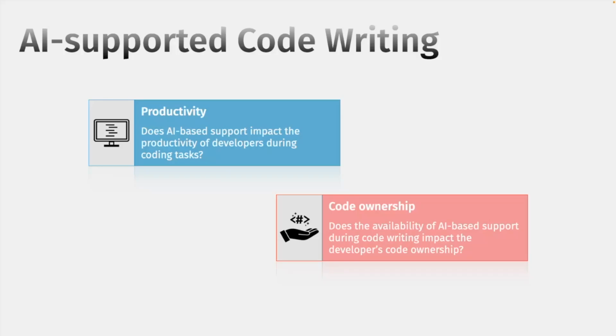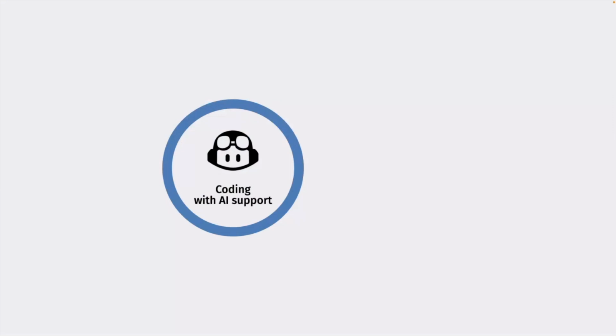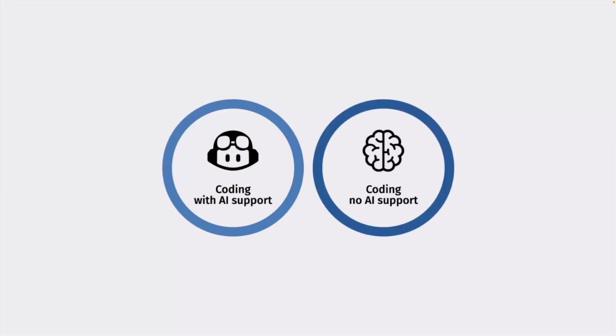So what we did in this case, again, we have a controlled experiment, again, 2 treatments, coding with AI support, coding with no AI support. Again, clarification. This means we provided to participants a controlled setting that was a Visual Studio Code connected to our server. Here, they already had Copilot enabled, but they could use whatever AI they wanted, okay? Whatever they wanted, ChatGPT, what they were used to, does not matter. Here, we provided the Visual Studio Code with the Copilot disabled, and they could use whatever they want, but no AI. So they could use Stack Overflow, documentation, but no AI.